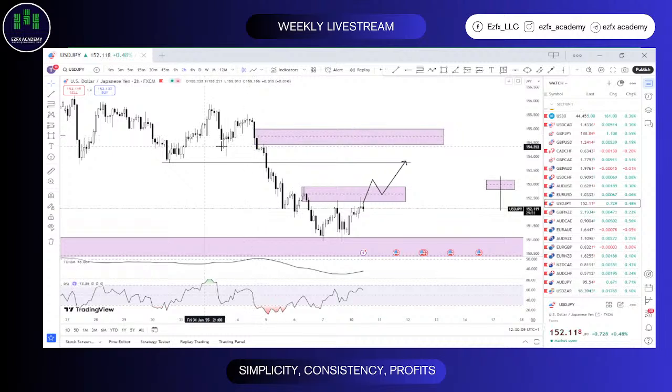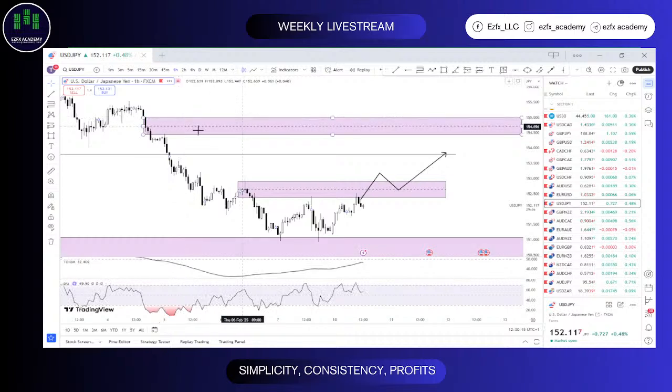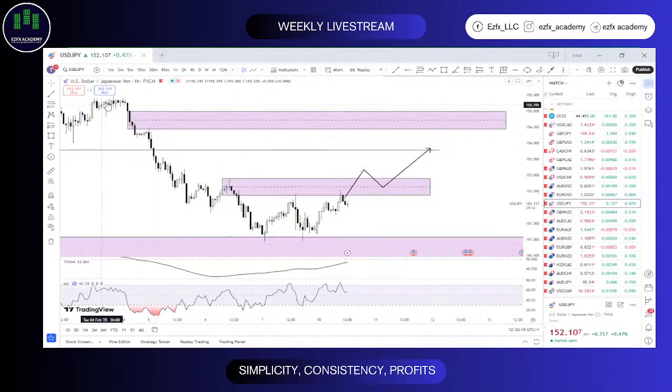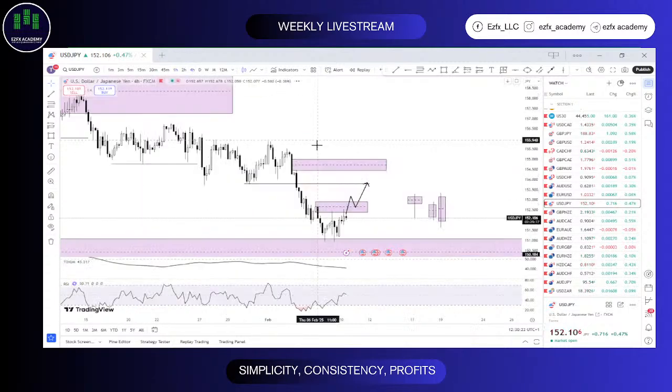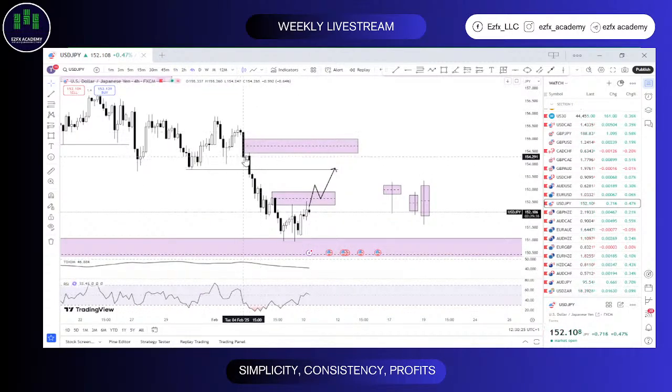Because for me, I'm seeing this is again a form of rejection candle on the 2 hour time frame. I would have preferred to mark out all that and then extend it, but it also coincides with a drop base drop. This will be the base around here. Let me show you on the 4 hour time frame in case you're not seeing that well. A drop, this little candle base continuation for the drop, so it also coincides with that.